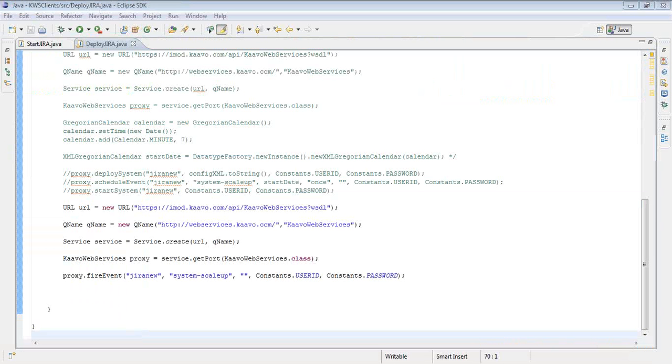As I mentioned, there are multiple ways of firing an event, and this is one of them. You don't want to schedule it for a future time. You don't want to execute against some trigger from the monitoring system, but you want to execute it right away. And that is what this Fire Event API does.